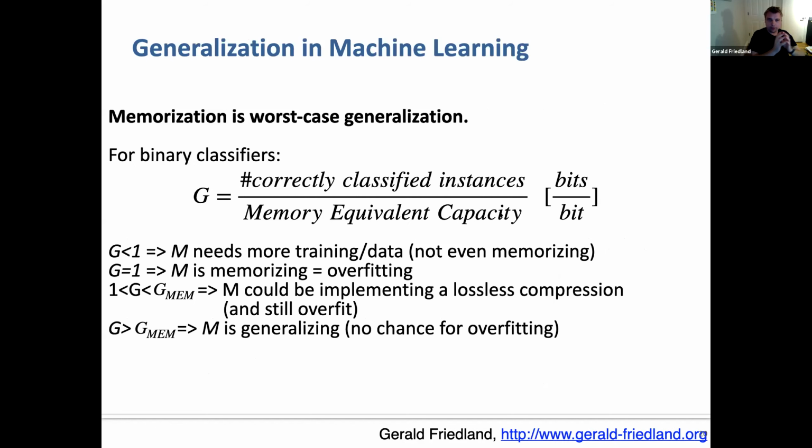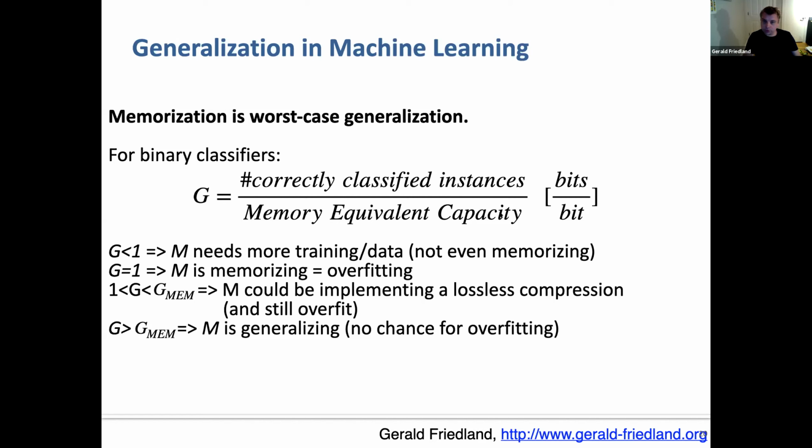Now we will work with this, okay? Now, that, by the way, right there leads to a formula of how to actually measure generalization. If memorization is worst case generalization, and we want the parameters in our machine learner to be smaller than those needed to be used for generalization, then, because we don't want to build a memory, what we have to do is ask ourselves, well,